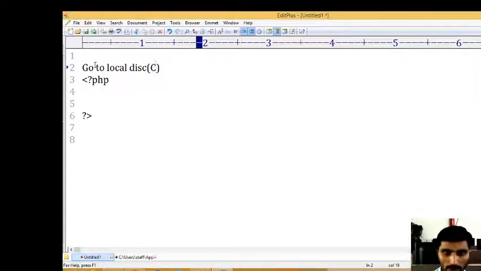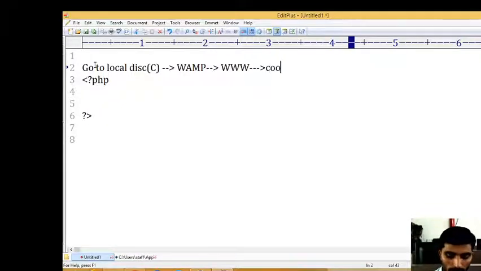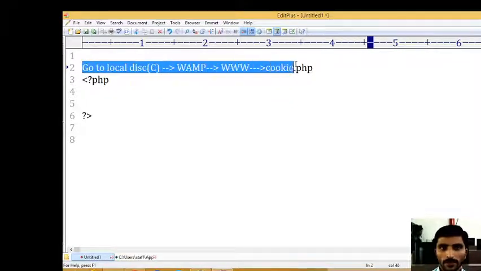Go to local disk C, and in that go to WAMP, and in that go to the www folder. In that folder you have to save your program like cookie.php. You can give any name like this.